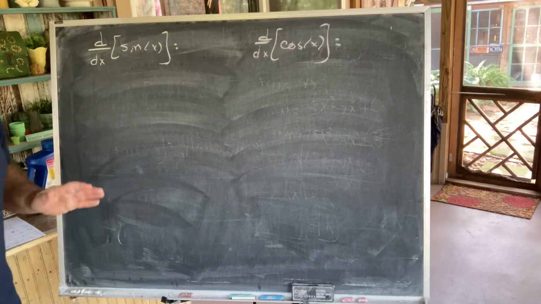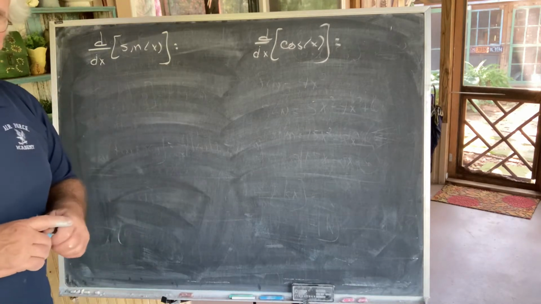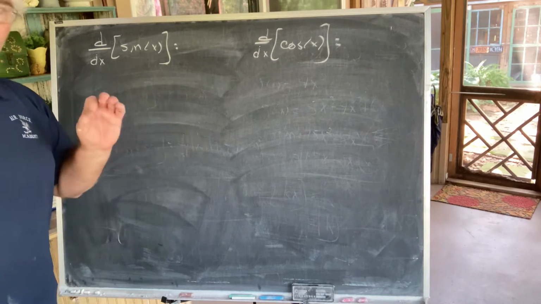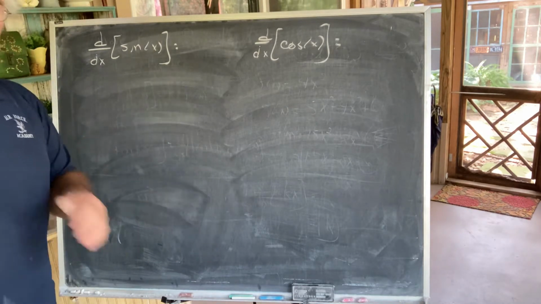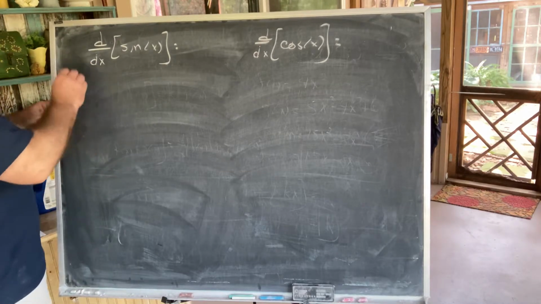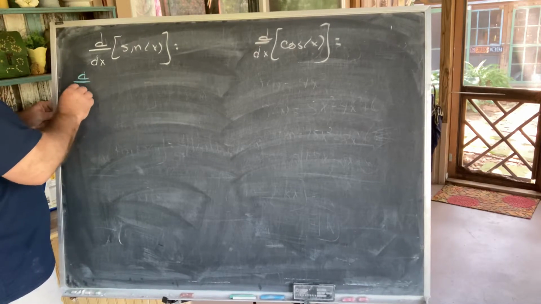What I'm going to do here in the blue is something I do not expect you to be able to reproduce. Once we get the final result, I will expect you to be able to use the final result. But I don't expect you to be able to go through this proof. The proof is in the text if you want to take a closer look at it. So let's take a look at what we have here. The derivative with respect to x